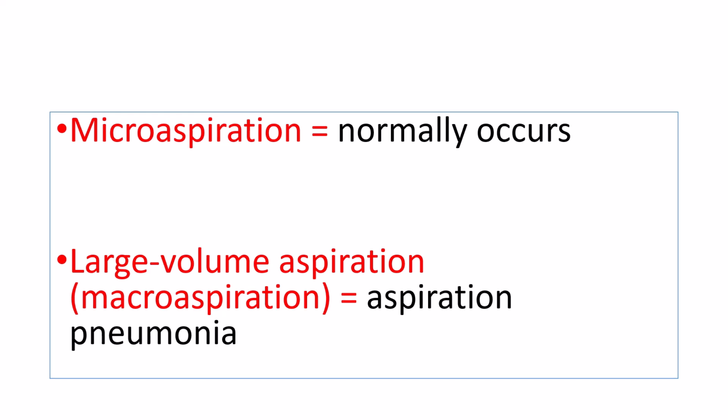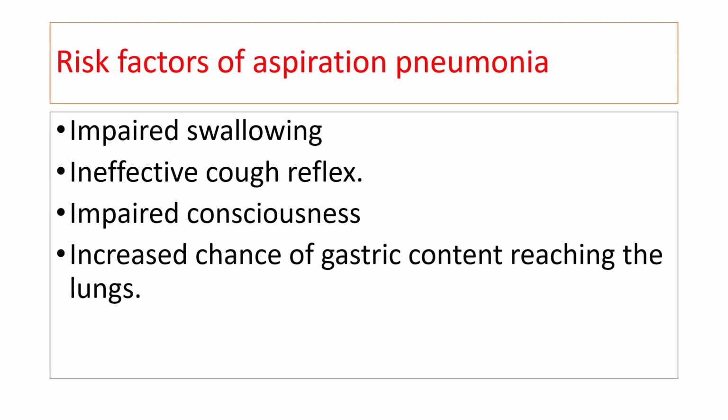Risk factors of aspiration pneumonia. Aspiration is often the result of impaired swallowing, which allows oral or gastric contents, or both, to enter the lung, especially in patients who also have an ineffective cough reflex. Large volume aspiration occurs with dysphagia, head, neck, and esophageal cancer, esophageal stricture and motility disorders, chronic obstructive pulmonary disease, and seizures. In addition, degenerative neurologic diseases, multiple sclerosis, Parkinsonism, and dementia, and impaired consciousness, particularly as a result of stroke and intracerebral hemorrhage, can also impair cough clearance.